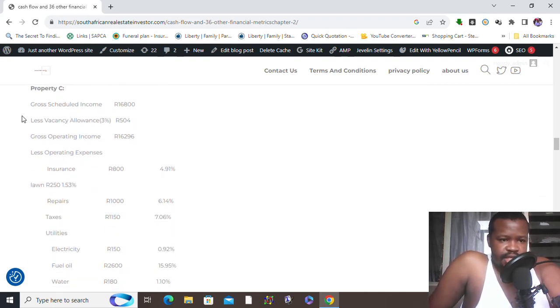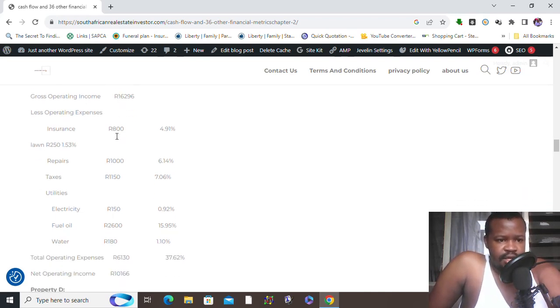Now property C. The gross scheduled income of 16,800, less vacancy allowance of 3%, 504. Gross operating income is 16,296, less operating expenses, where the insurance is 800 Rand, which is 4.1%. The lawn or grass, which is 250 Rand, which is 1.53%. Repairs of 1,000, which is 6.14%. Taxes of